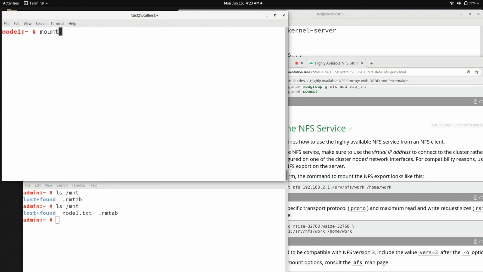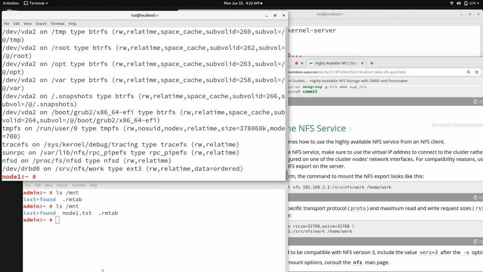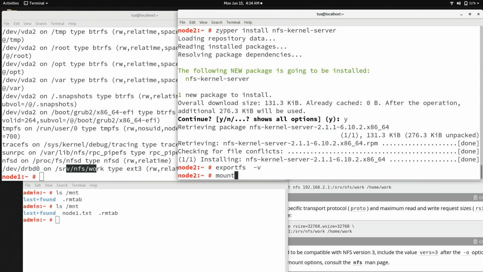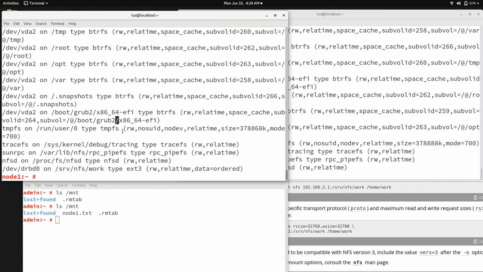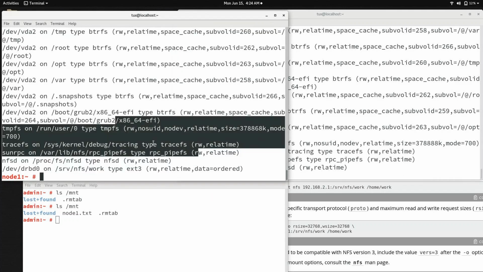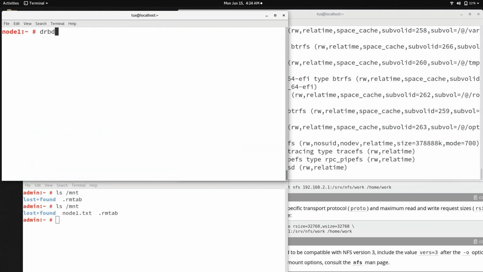Let's see the difference. Mount, enter. So you can see this disk is mounted here on node 1, but if I run the same command here, of course it is not mounted, because it is active passive, right? So it will be mounted at one time in one place. So what about if the node is down, this one, right? And currently you can see drbdadm status, the resource name is this. So currently my node 1 is primary basically.